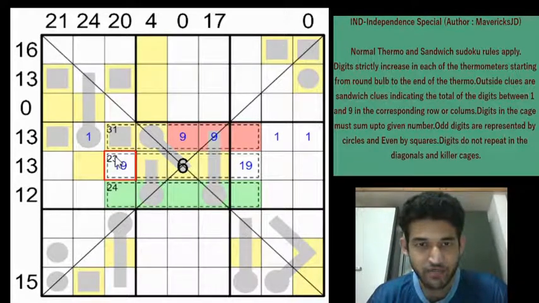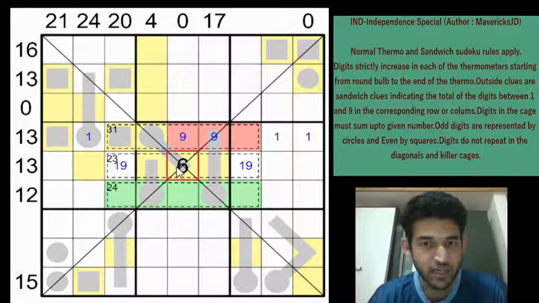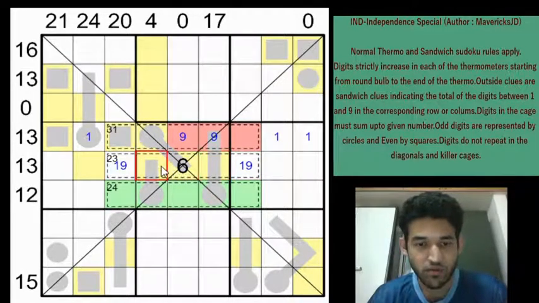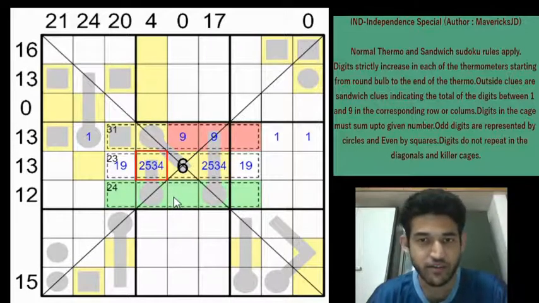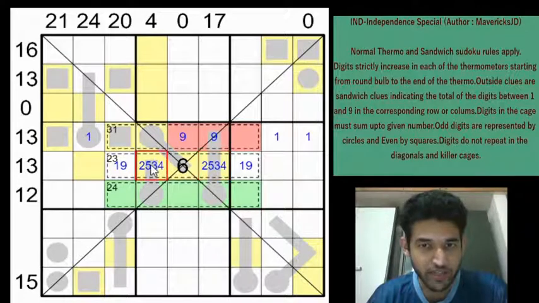And now we can make use of the 23 cage. We have marked a 1 and 9 and a 6. So 10 plus 6 is 16. So we need 7 more, which can be achieved by using 2, 5, 2, 5 or 3, 4 and 3, 4. For the 7, we need 7 more. So we can't get that using 1 and 6. So we need either 2, 5, 2, 5 or a 3, 4, 3, 4.